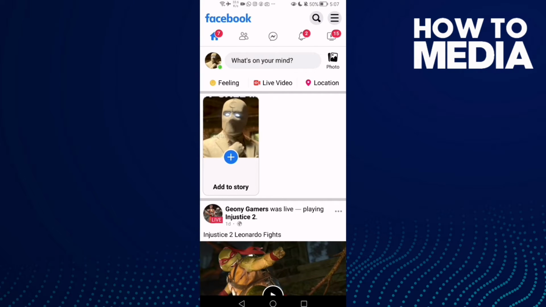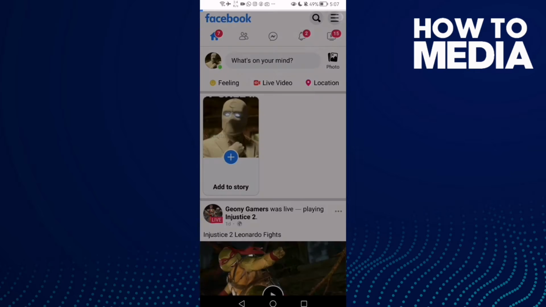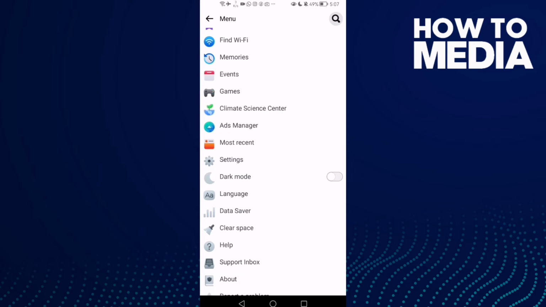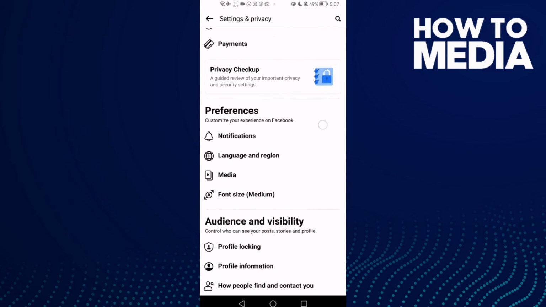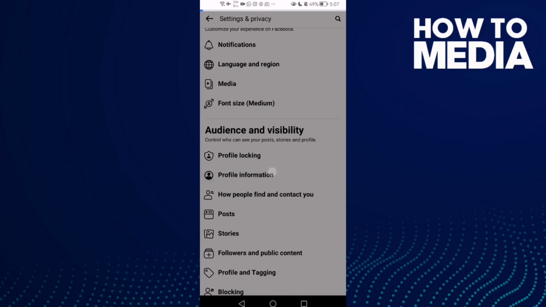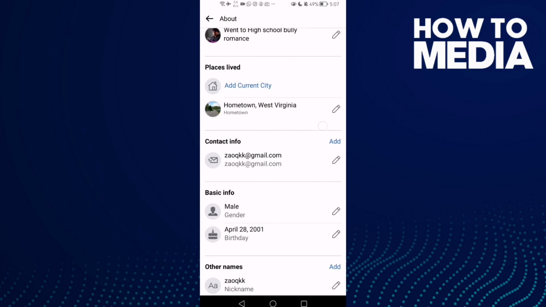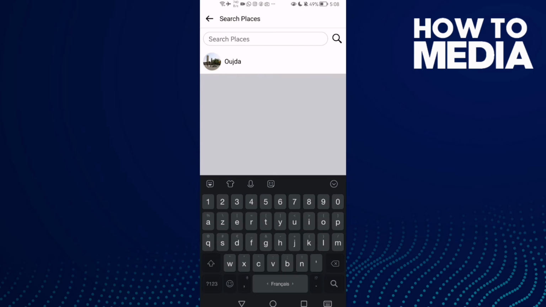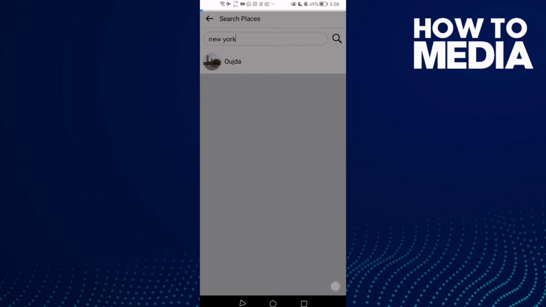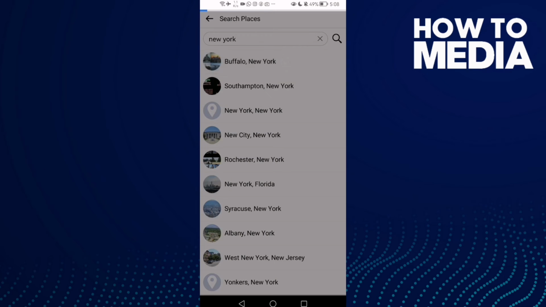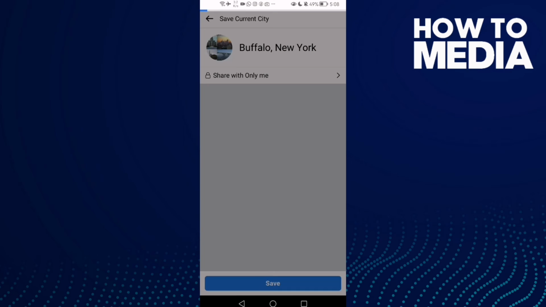and here click these three lines in the top corner and go down until you find settings and then click this one, profile information, and go down, click add current city, and here just search for your current city and select it and click save, and